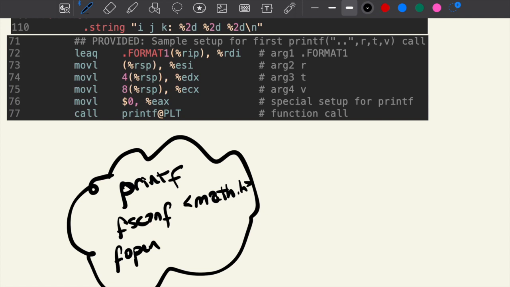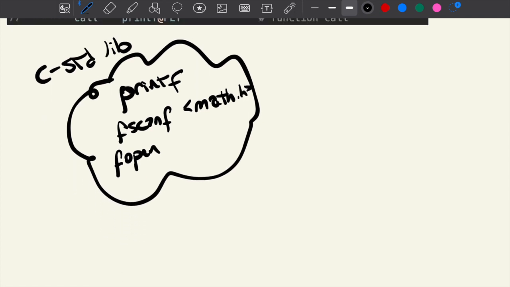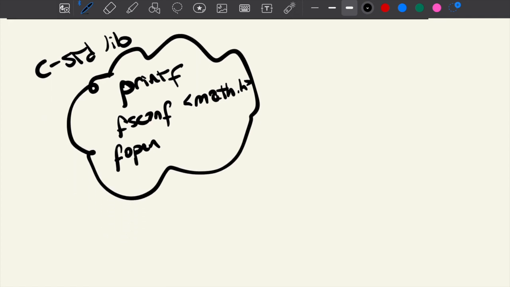All of this stuff that's C standard library for us to access. Now, if we did it one way and we chucked all of that code for printf and fscanf and fopen just at the beginning of our function or our process that we're running stuff on,